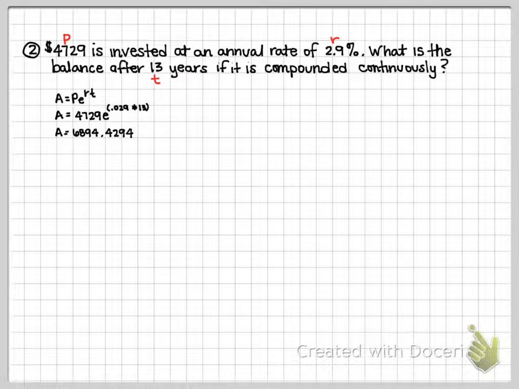Now this isn't what I would give as an answer, because having that much change doesn't really make any sense. But I do need to think about this in context. I invested this money. If I go in to take the money out of the bank, typically what the banks do is they will truncate after the second spot. They're not going to round up for you. That's not going to happen. So what I can actually withdraw, or what would be available to me,